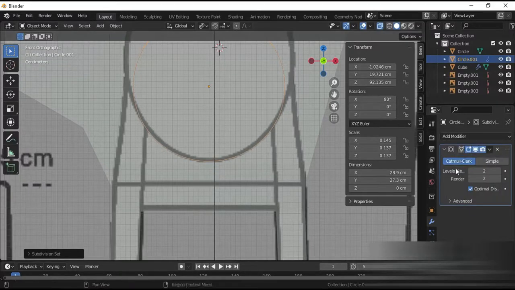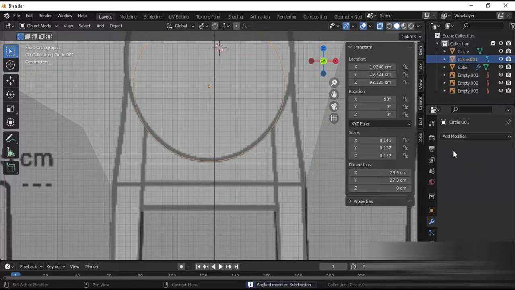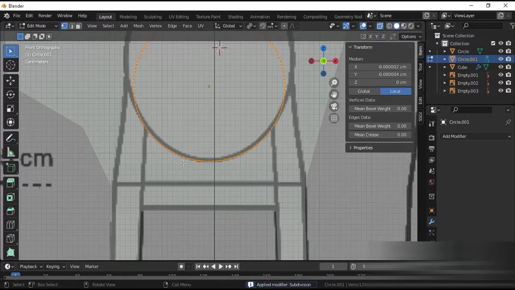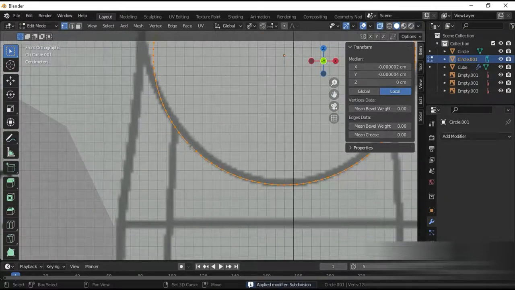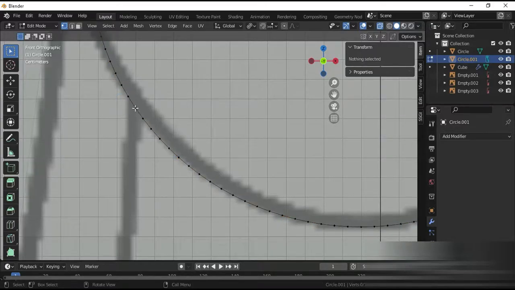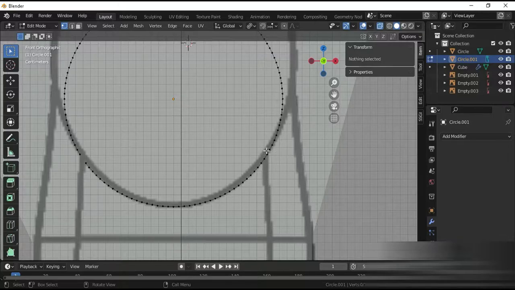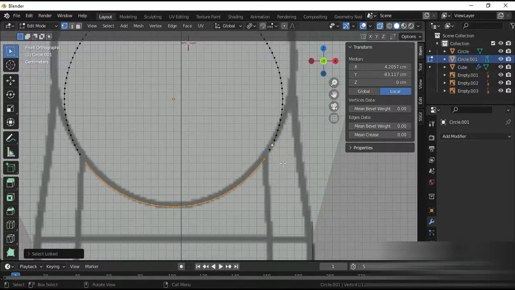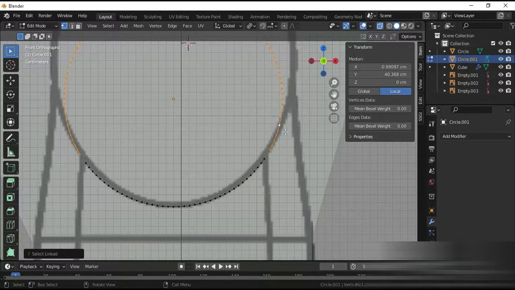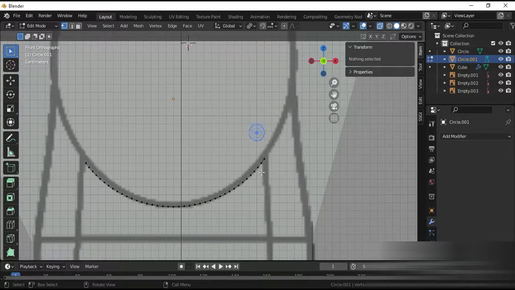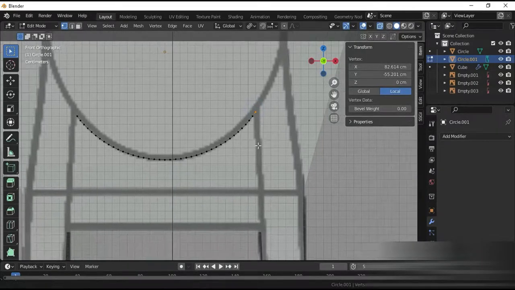Now Control and 2 to add a subdivision modifier so that we have a smooth shape, and Control and A to apply your modifier. Now back to edit mode and 1 for vertex selection, and let's delete the vertex right here, so that is deleted, and that is deleted. Now if you press this and press L, that is deleted. So now, as I did before,